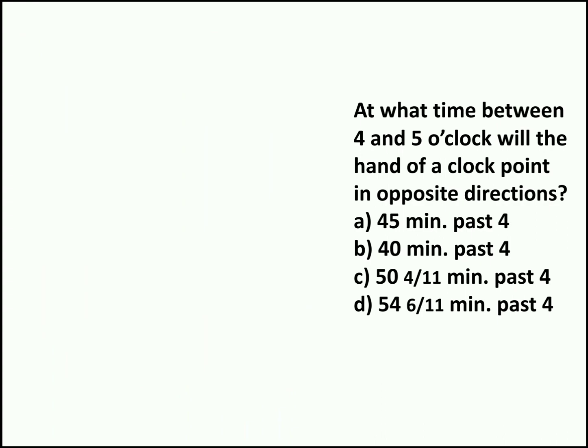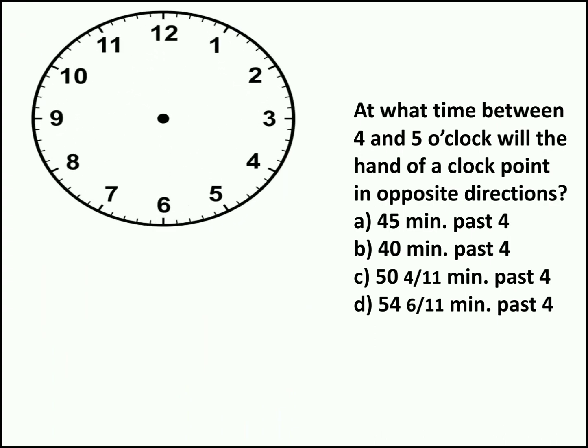At what time between 4 and 5 o'clock will the hands of a clock point in opposite directions? So if it is 4 to 5 o'clock, we have to take the base time 4. And you have to find exactly at what time between 4 to 5 both the needles will be in straight line, that is 180 degrees. At 4 o'clock, minute needle will point to 12 and hour needle towards 4. If it wants to make 180 degrees, this minute needle has to cross this 4 and it has to reach 10. Then only we will get 180 degree.